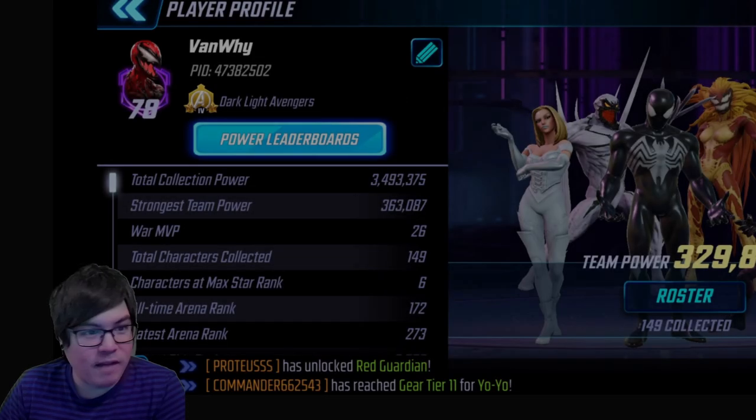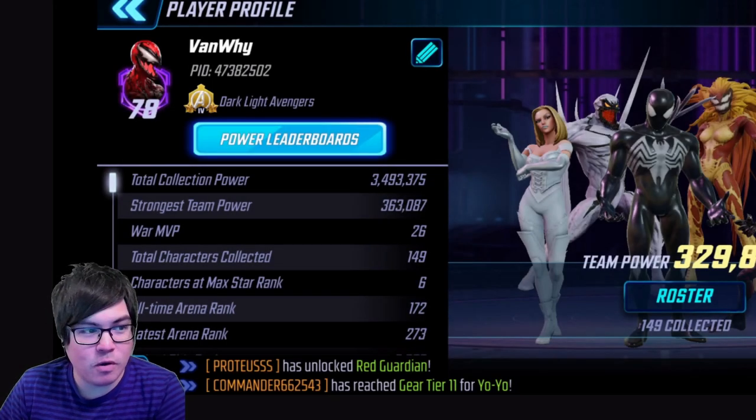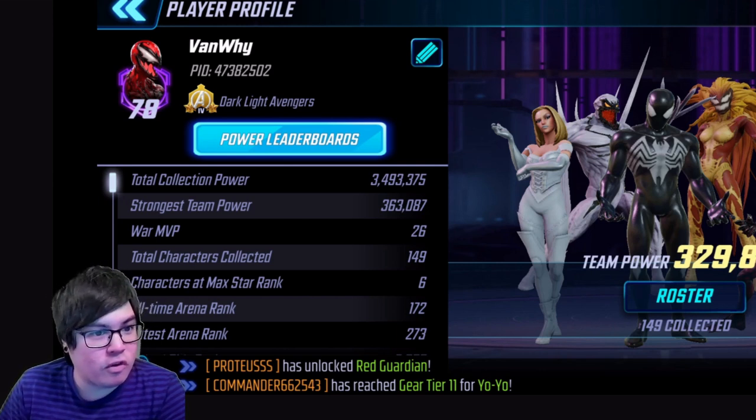Alright everyone, so we have another episode of the roster review series today. This time it is going to be for VanWhy. And we are currently at 290 days played, roughly around 3.5 million TCP. Now this is with just over $2,000 approximately, so do take this with a bit of a grain of salt